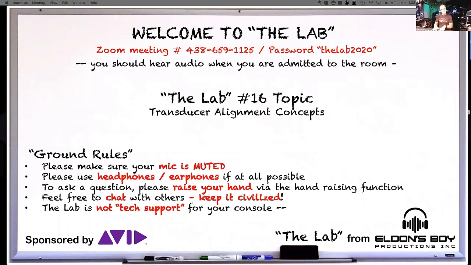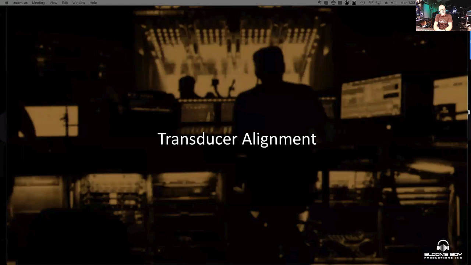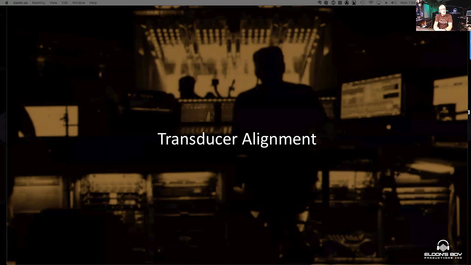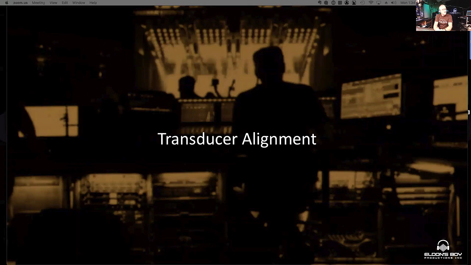And I made this mysterious for a reason. I just called it transducer alignment. That's kind of abstract, isn't it? So let's jump right into it here, and we'll talk about what we're going to do today. Transducer alignment obviously hints to the idea that we can align any kind of transducer, meaning speaker or microphone. And we're going to do a little bit of both today using SMART to do this really refined